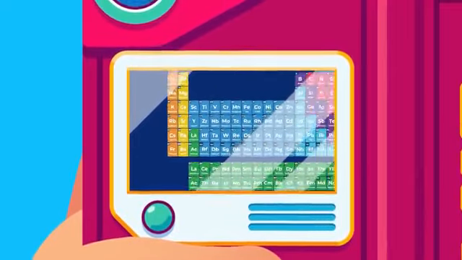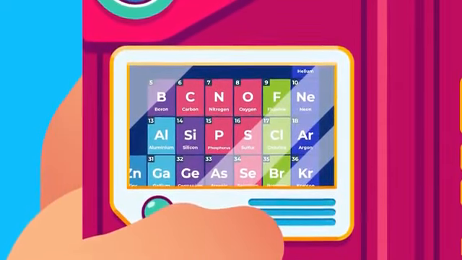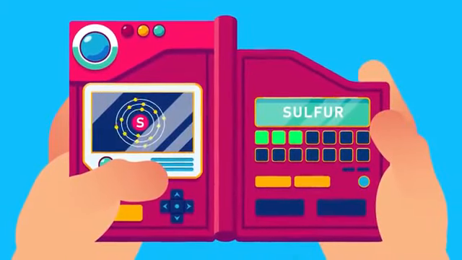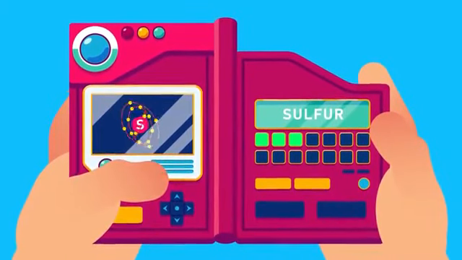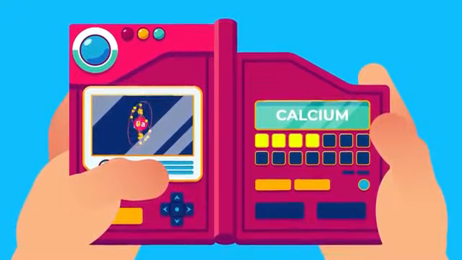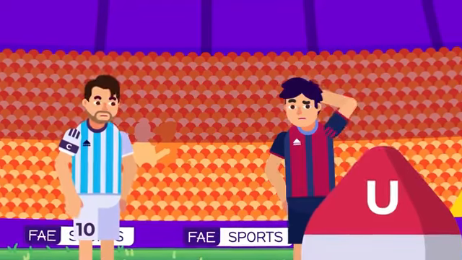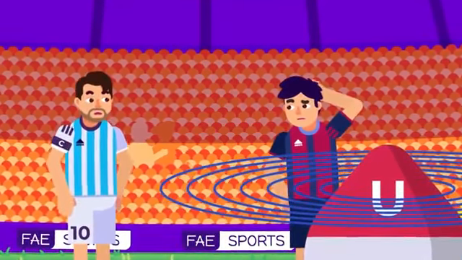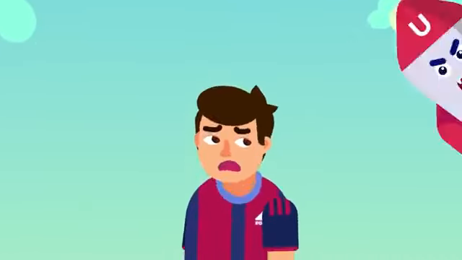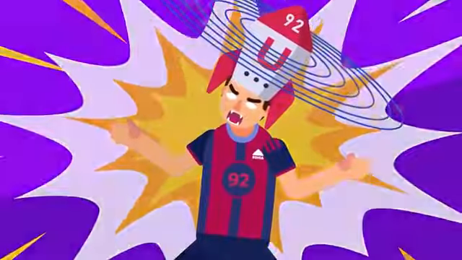The periods of the periodic table tell us the number of shells or orbitals an atom is made up of. For example, sulfur is found in period 3, which means the sulfur electron configuration consists of 3 shells. Calcium is in period 4, so its atoms will have 4 orbitals. The periods start with the number 1 and go all the way up to 7, meaning the biggest atoms will have 7 shells. Knowing this is super helpful when drawing atoms because it tells you how many circles you need to draw. You can look at the atomic number to tell you how many electrons you have to spread out